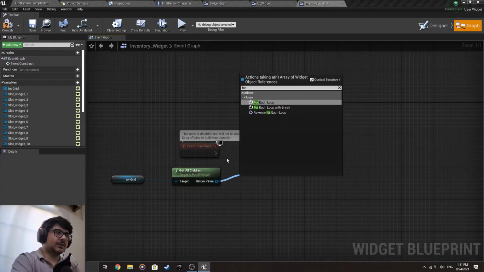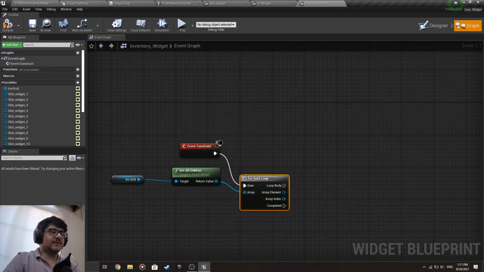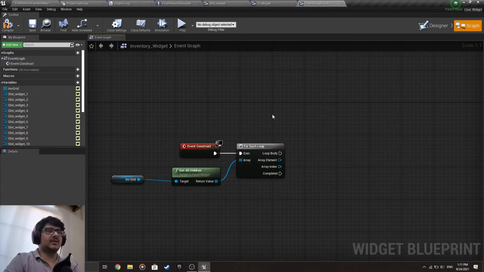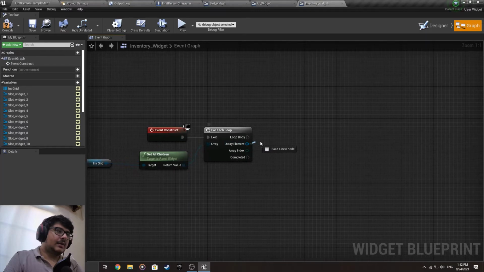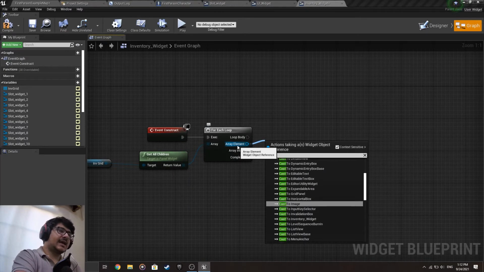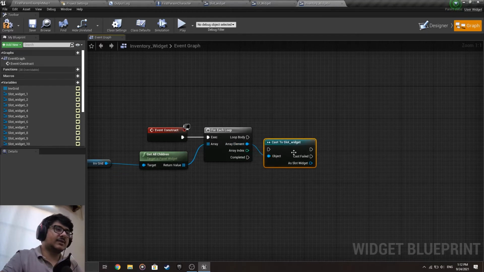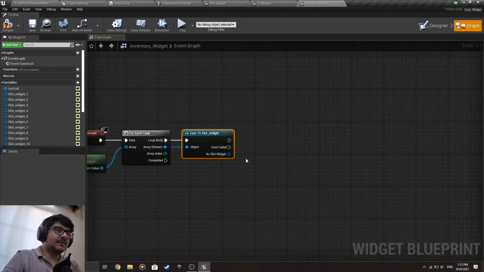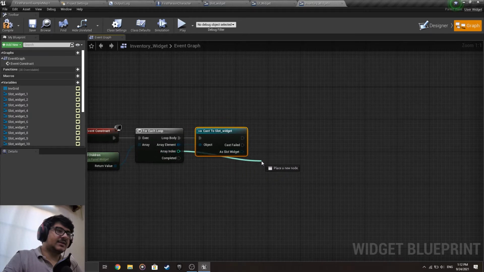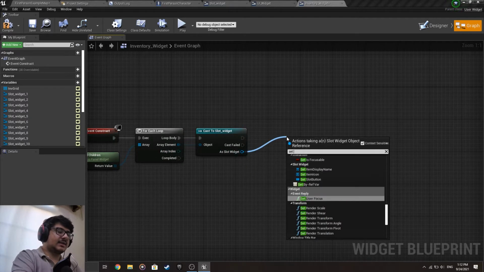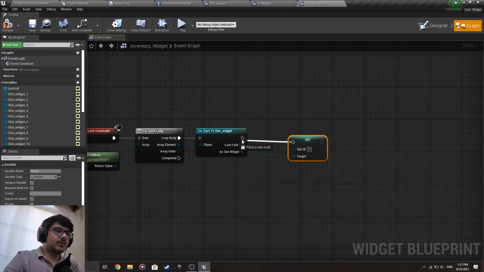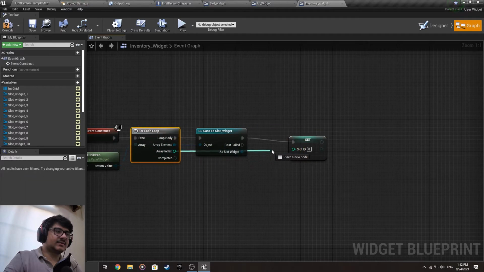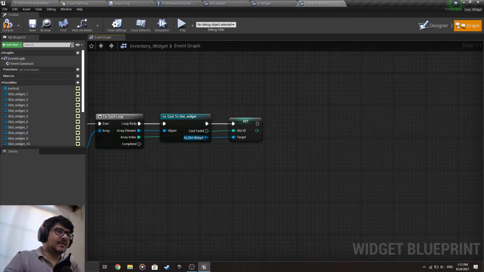Make a for each loop. Attach the event construct. So when the inventory turns on, when you show the inventory, and in the array element here in the loop body, we cast to slot so that we can modify the slot, and then give the array index here to set the slot ID to be the array index, like that, and